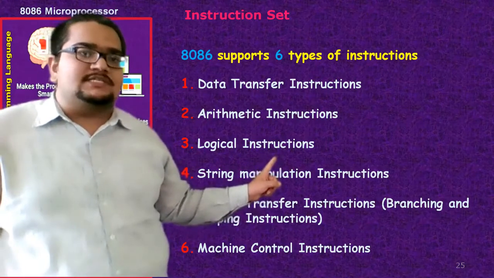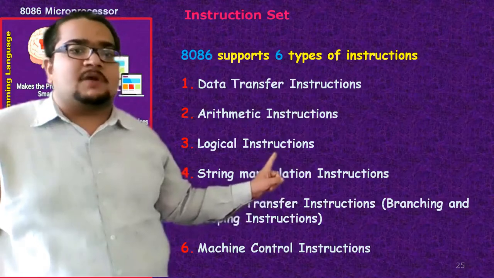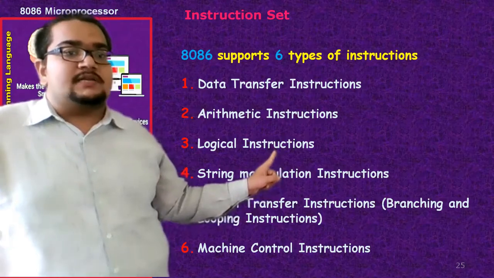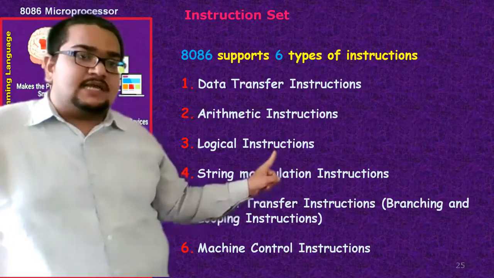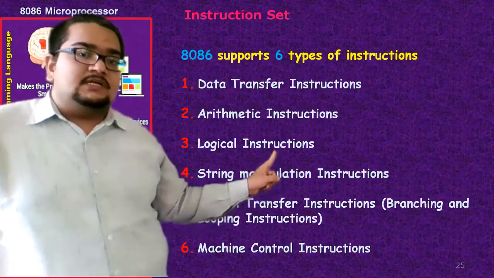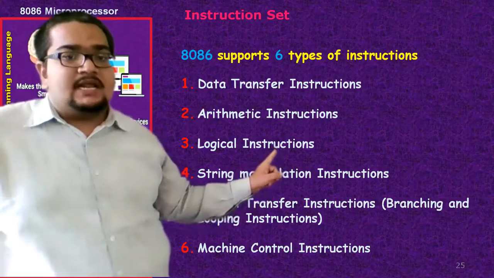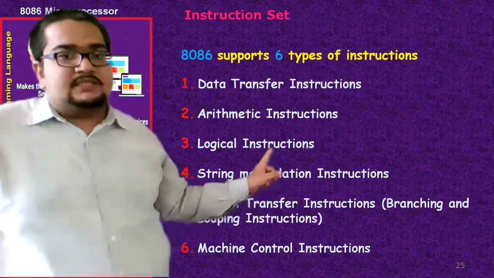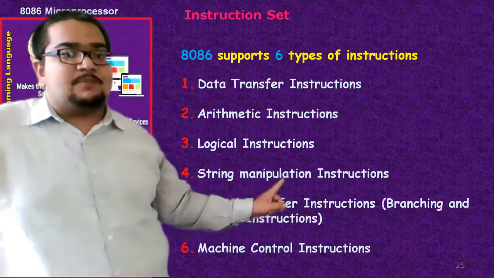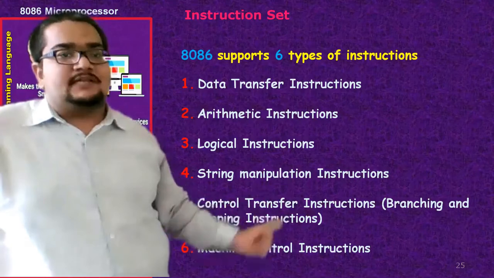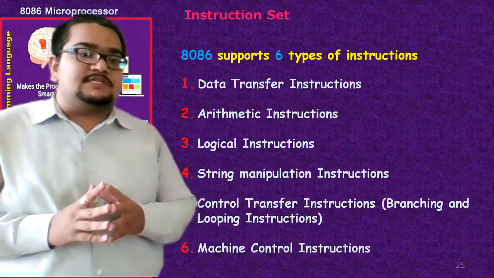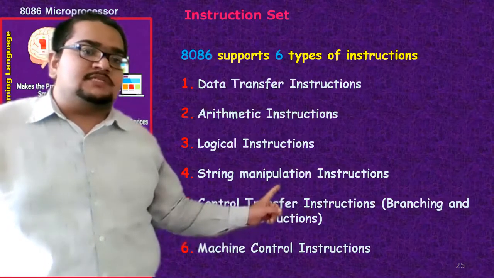Next is the set of logical instructions. Logical instructions are the ones which perform logical operations. What are logical operations? You might have studied in earlier semesters all the different logic gates: AND operation, OR operation, XOR operation, NOT operation. These are the different logical operations, including shift and rotate. These all will be in this logical operations group. Next is the string manipulation group. As I said earlier while discussing addressing modes, we have dedicated addressing modes for string manipulation instructions. So these are the string manipulation instruction group.